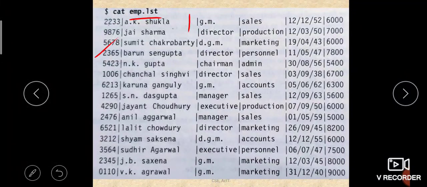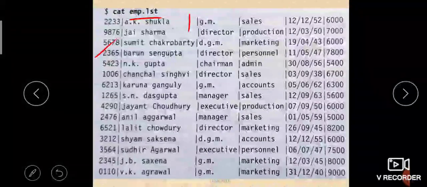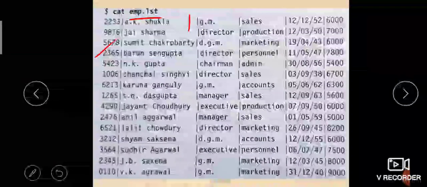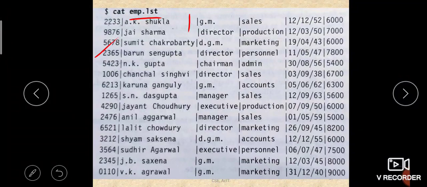But in a DBMS or MySQL, the data will be stored in the form of a table, right? So field separation is not necessary there. That is the disadvantage of files compared to a DBMS. Here, to separate the fields, you have to give a separator. There it will be stored in the form of a table, so this separator is not necessary. It will automatically create separation between the values of the different fields.